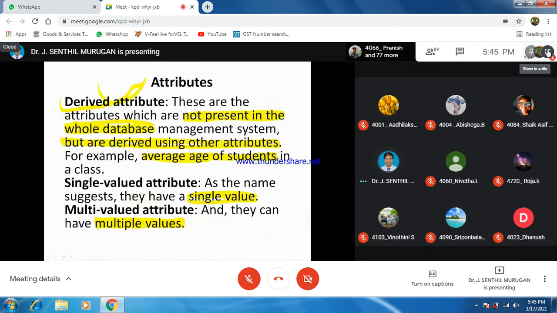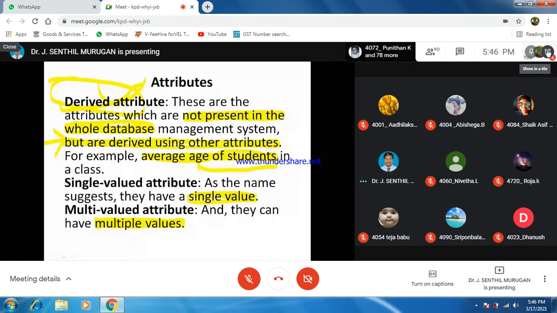Okay. So next, derived. Derived means from the whole database, it is derived using that particular attribute. So that is called a derived attribute. For example, age of students: if I find the average age of students, that is called a derived attribute. Then a single value attribute means only one value.